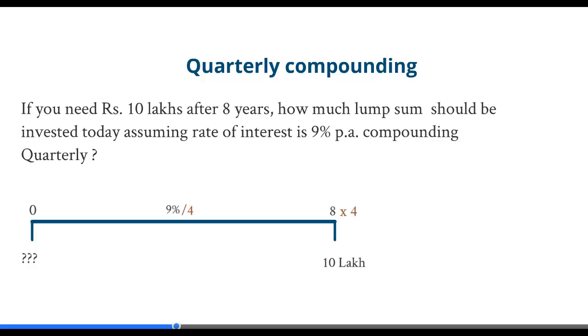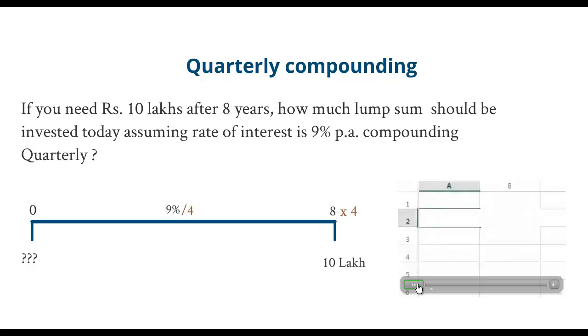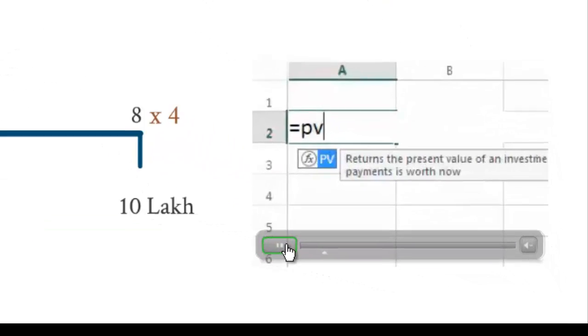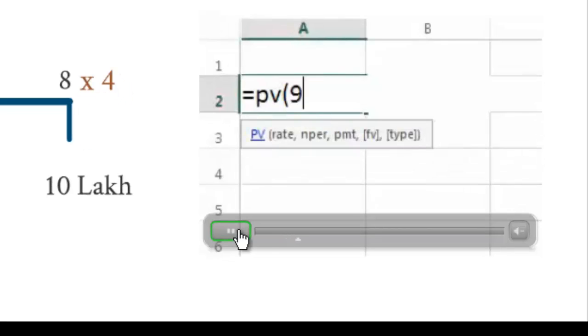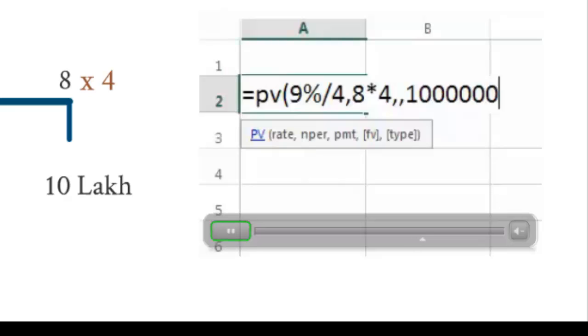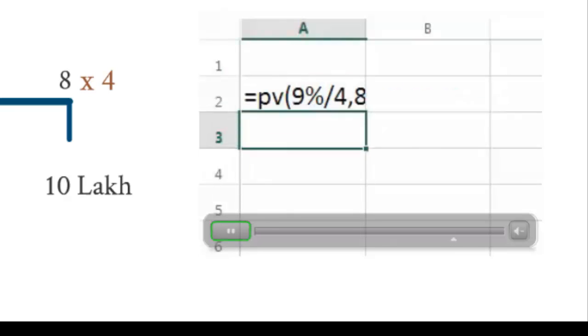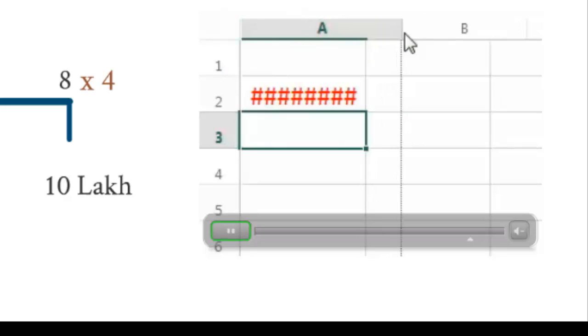Now to solve this, let's quickly look at the Excel sheet once again. What are we going to use? We are going to use the same PV function: equals PV, open bracket, and the rate of interest is still going to be 9% but divided by 4. The good thing is you can do all these calculations right inside the function, so you don't have to calculate separately and key in the data. 8 is the NPER, but now you are going to make it 8 into 4. You could also put directly the multiplication 32 if you wish to. You put the future value as 10 lakh. Remember, one single number without any commas. Close the bracket, no PMT, no type, enter, and the answer that we have is